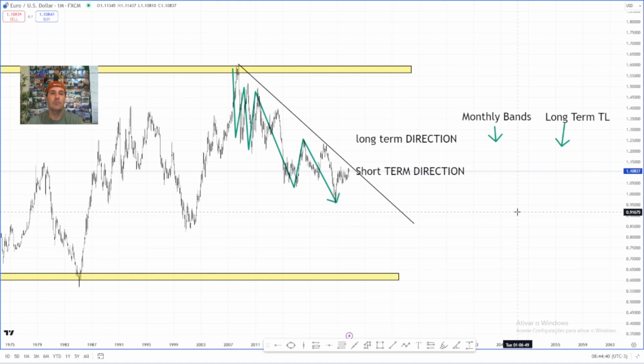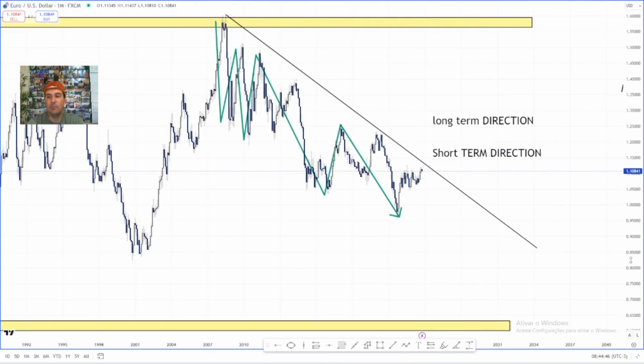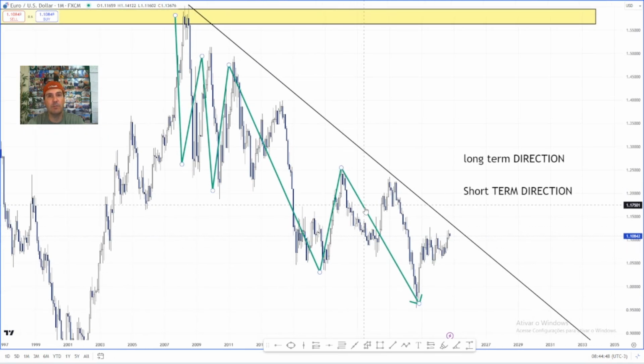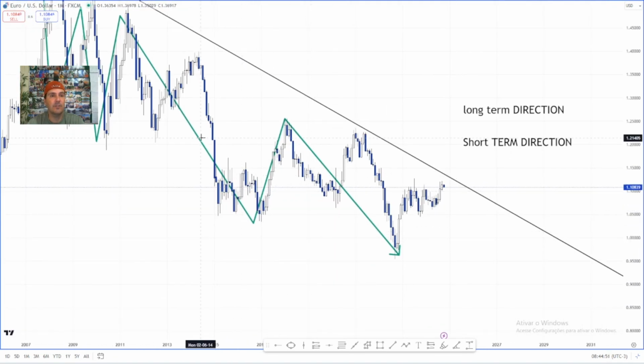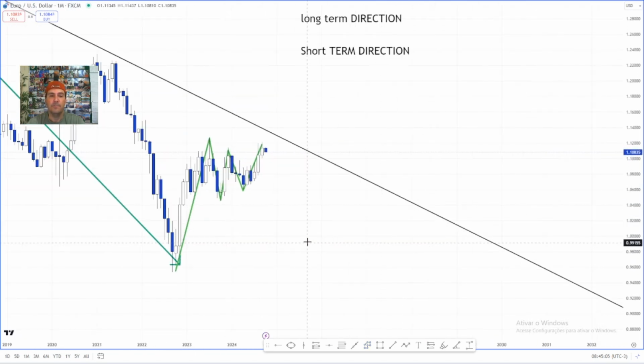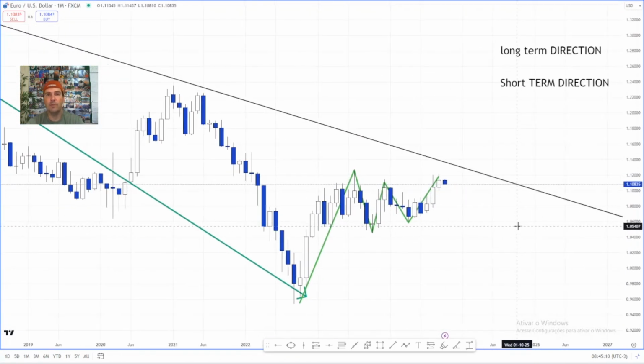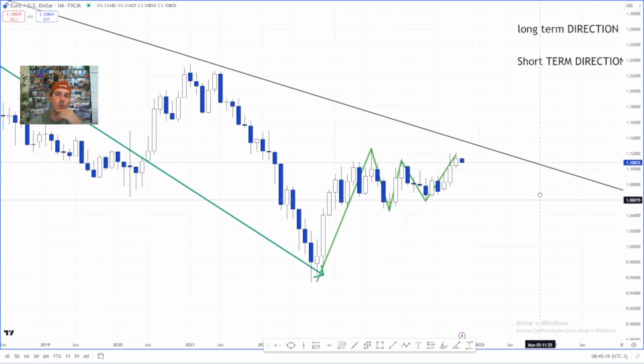Now on the monthly chart, it's a little bit more difficult to spot. We can still spot. So the market wave, the green one, would be the market structure trends. So in here, we can join and say, okay, low to high, high to low, low to high, high to low, low to high. Now let's go step by step. So long-term direction, do we agree that it's not a big deal? Monthly bands, no big deal, no brainer. Trend lines, no big deal, no brainer. What about